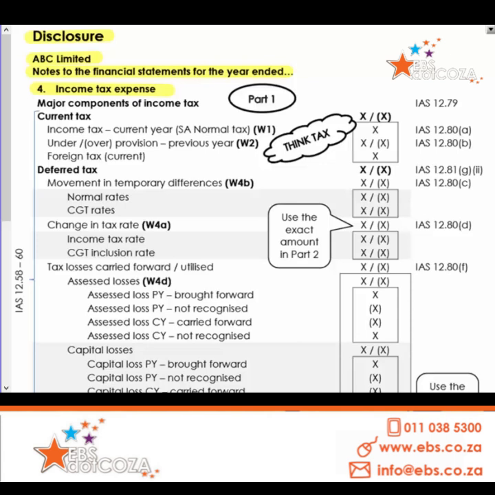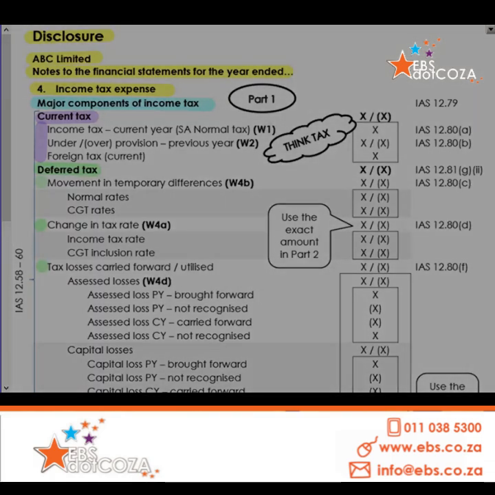And you're going to say we've got major components of income tax. What are the major components of income tax? We have our normal current tax, and we have deferred tax. And we are going to explain what goes under current tax and deferred tax. What are the temporary movements, the changes in tax rate, any tax losses carried forward. You will notice some of the blocks